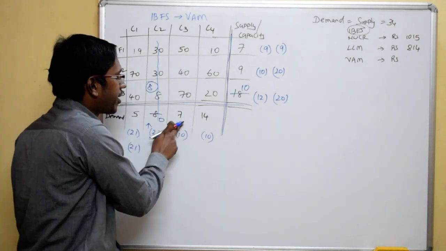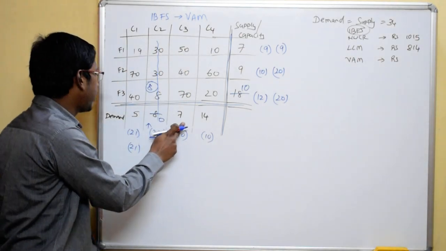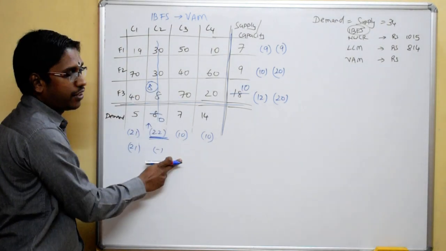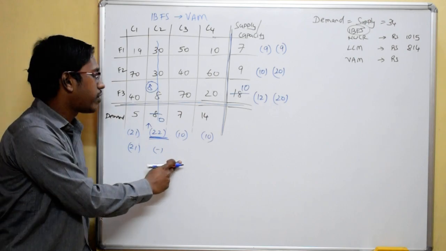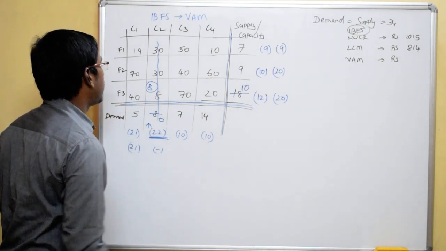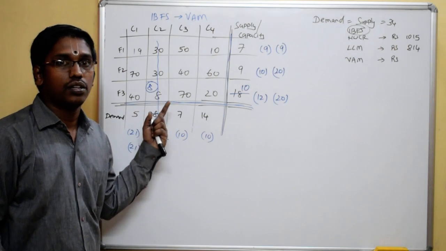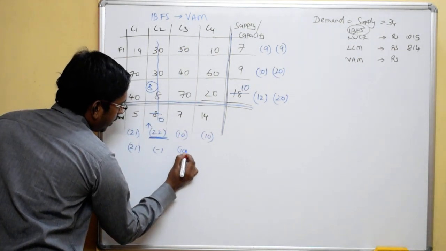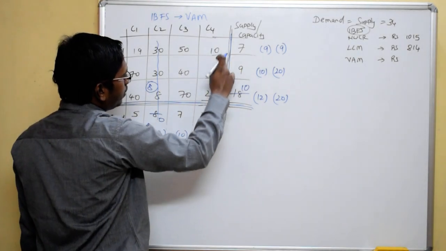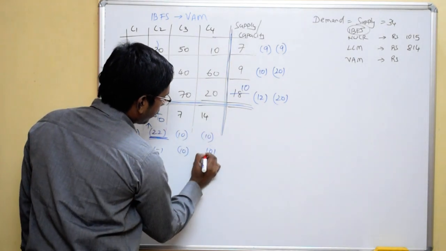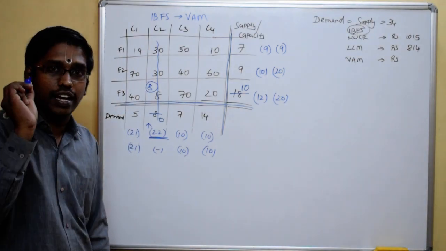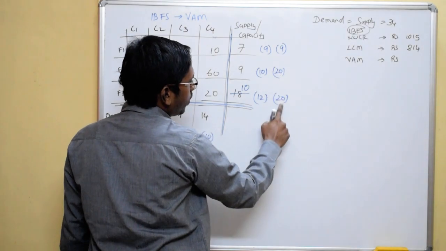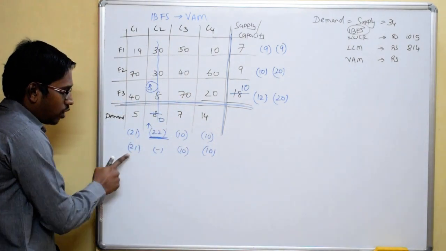Mind well, do not take 7 into consideration while writing penalty. 7 is demand. So if you by mistake take 7, you will take 7 and 40 and write 33. The entire sum will go wrong. That's why draw two lines to differentiate clearly between cost and the demand. Now the two least costs are 40 and 50. This will be 10 again, and 10 and 20. So 10 again. Now look at only the second round of penalty, not the first. 9, 20, 20, 10, 10, 21.